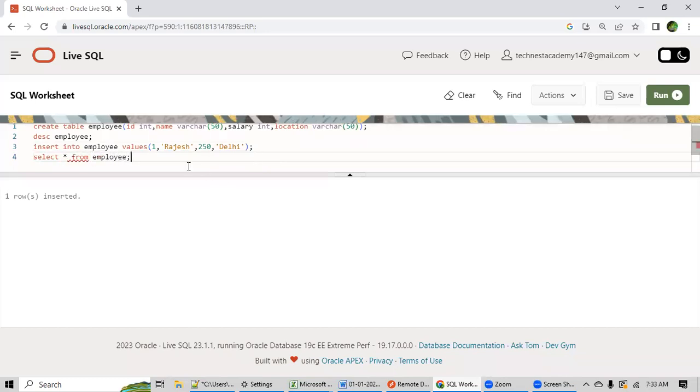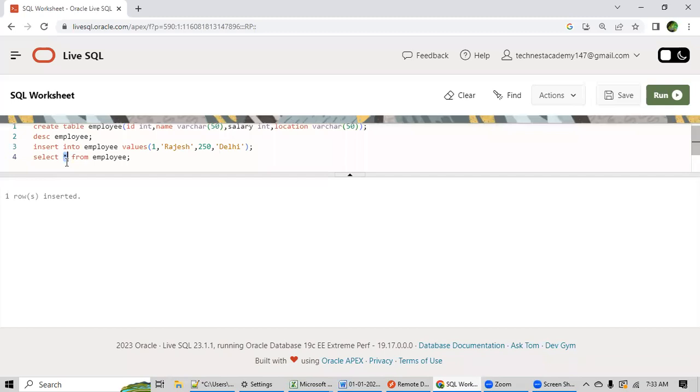Select means you are telling the SQL engine, please show or please display. Then I have written a star. The star means all the columns, so please display me all the columns. Then you have to tell from which table, because in a database you have a lot of tables.